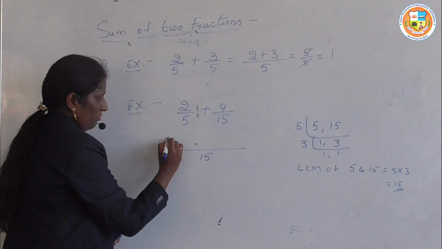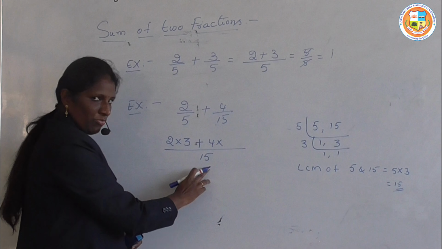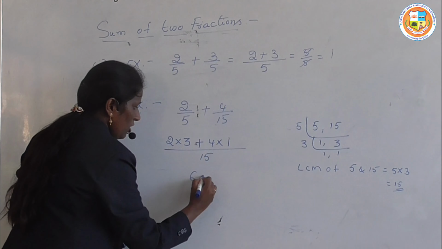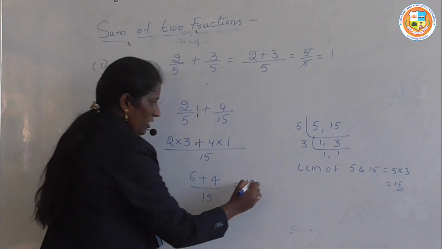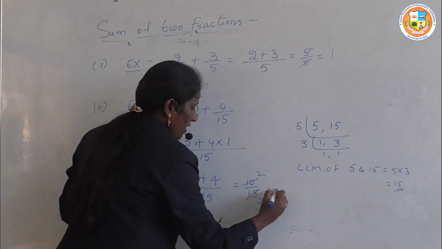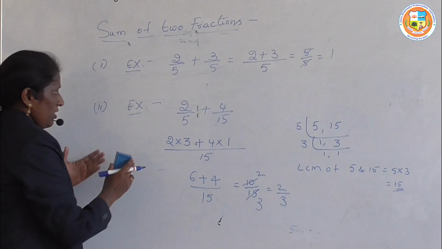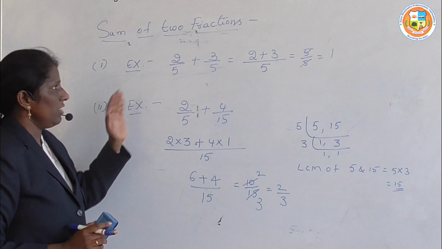Here the numerator is 2 into, 5 how many times divides 50? 5 threes are 15, so 3 times, plus 4 into 15 how many times divides 50? 1 by 2: 3 twos are 6, plus 4 ones are 4, by 50. 6 plus 4 is 10 by 50. Okay, the simplest form: 5 times 5 twos are 5 threes are, that is equal to 2 by 3, is the result. Okay, next one is the unlike fractions, how to do the unlike fractions sum.